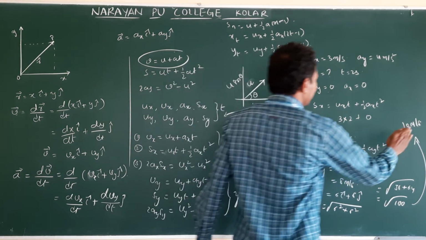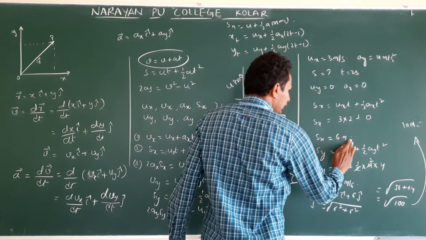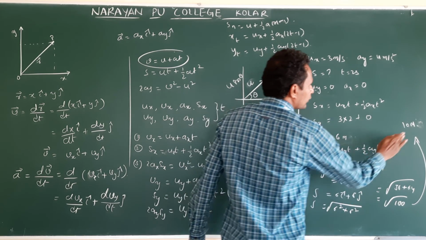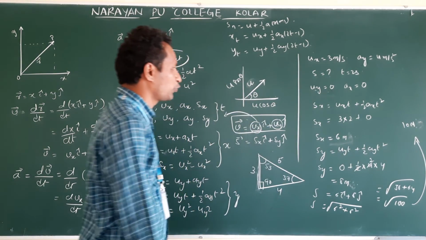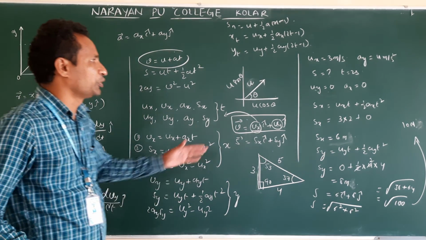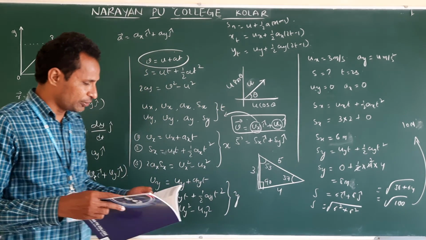Sorry. Only meters. Here I have written meter per second. Displacement is only in meters. Clear? Final displacement is what? After 2 seconds, the displacement of the particle is 10 meters. Yeah, it is 10 meters.